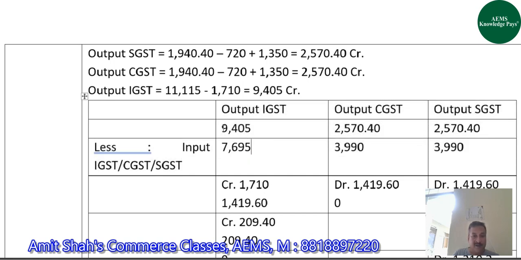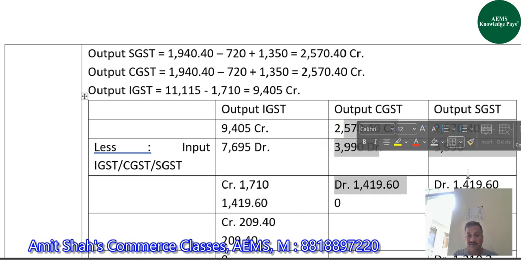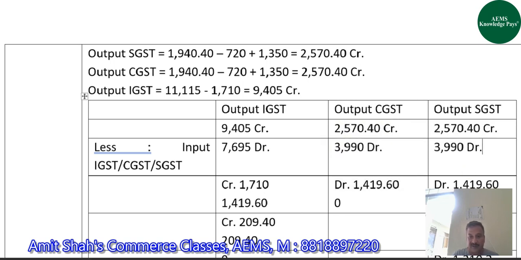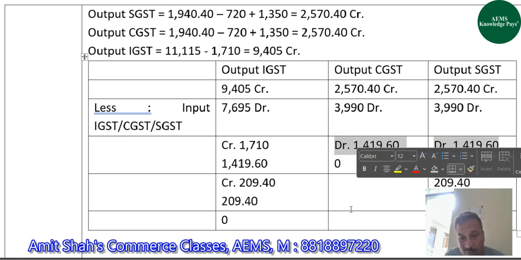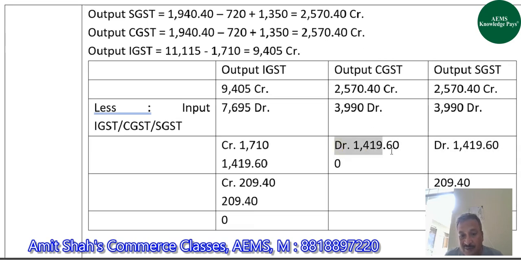ये करने के बाद यहाँ पे अगर आप देखेंगे ये था हमारा क्रेडिट, ये है हमारा डेबिट। इस तरह से यहाँ पे अभी भी 1710 का क्रेडिट बच गया। क्रेडिट बच गया आउटपुट में, मतलब ये हमारी लाइबिलिटी है, राइट? यहाँ पे ये वाला आपका क्रेडिट था, उसमें से हमने डेबिट वाला सब्ट्रैक्ट किया तो भी डेबिट का बैलेंस बच गया, बिकॉज डेबिट अमाउंट इज मोर देन द क्रेडिट अमाउंट। द सेम स्टोरी इज हियर, दिस वाज क्रेडिट एंड दिस इज डेबिट। इसका मतलब हमारे पास अभी भी इनपुट सीजीएसटी और इनपुट एसजीएसटी का डेबिट बैलेंस 1419.60 का बच रहा है। अगर ये बैलेंस बचता है तो इसको हम आउटपुट आईजीएसटी की तरफ एडजस्ट करते हैं। तो ये 1419.60 मैंने यहाँ पे एडजस्ट किया अगेंस्ट द